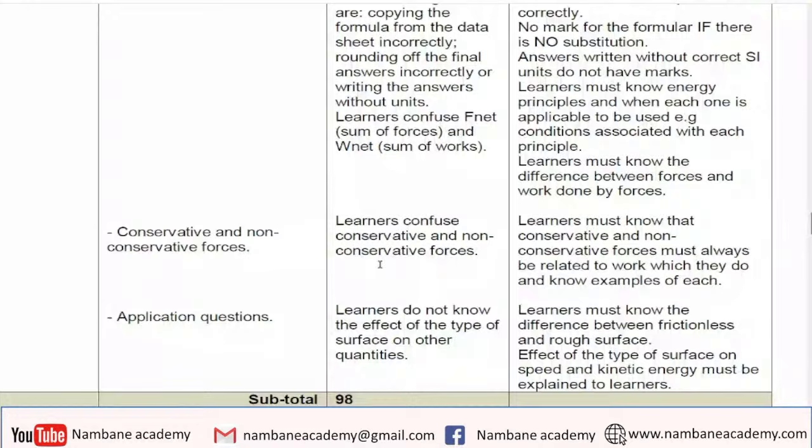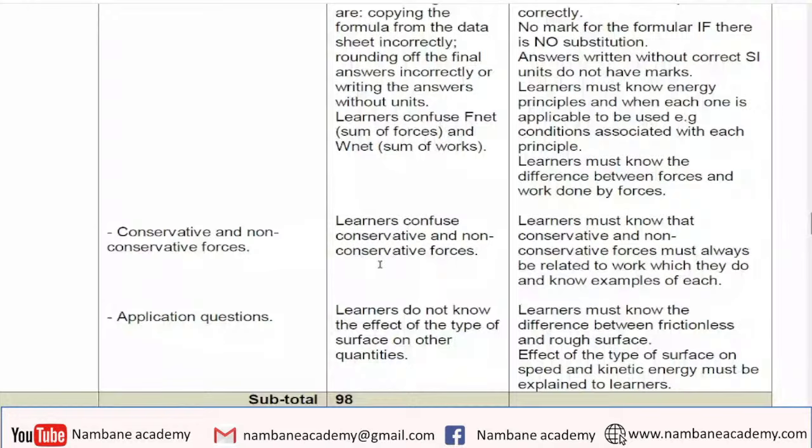But there are instances where an object will lose energy. When is that? When we have the presence of non-conservative forces. So we need to make our learners aware of those things. Once we have non-conservative forces, then the system is going to lose energy. And because it loses energy, that will then affect the speed of the object. And we make our learners aware of such things. That is mechanics. That is where we will end with mechanics. I'll end in the interest of time and pass on to